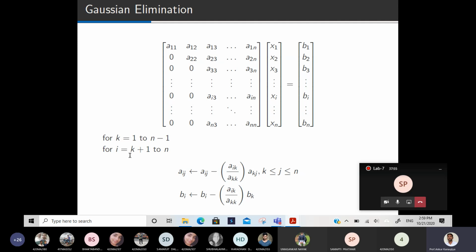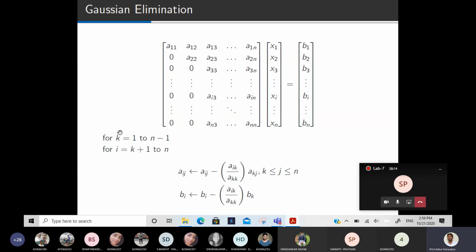So if k equal to 1, I will start from k plus 1 to n. Supposing you are in the second column, then row number 3 to n you are making 0. So if k equal to 2, then I will start from 3 to n. This is the general formula I wrote.